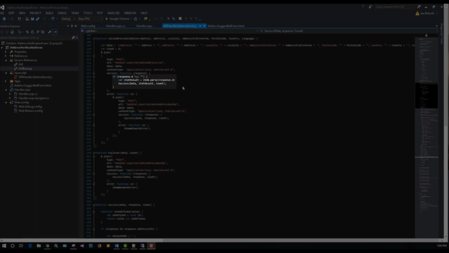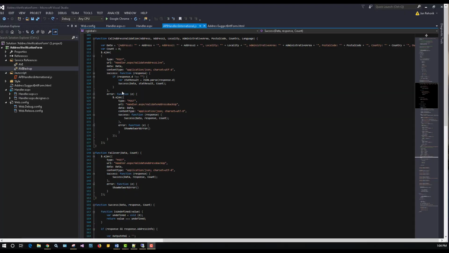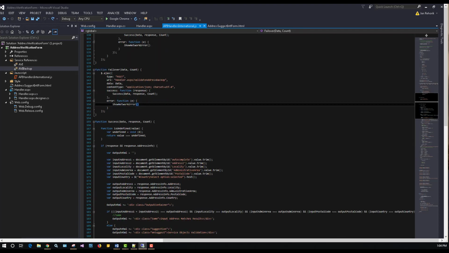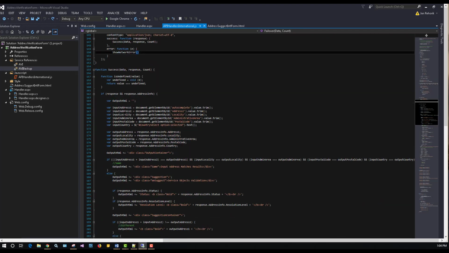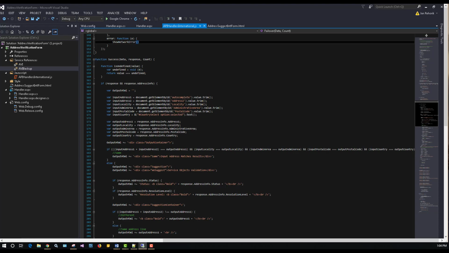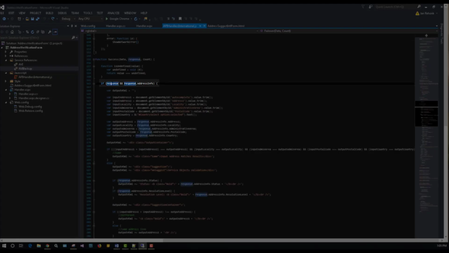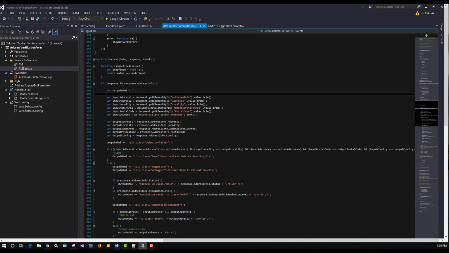From there, we get the JSON value out, and it's really just a JSON string at that point. And then we pass that over to the success method. So moving down to the success method, there's really nothing too complicated here. What we're doing is looking to see that the response is not undefined, and the response.addressInfo object is not undefined as well. So if we have those two things, we're going to come in here and we're going to start building some